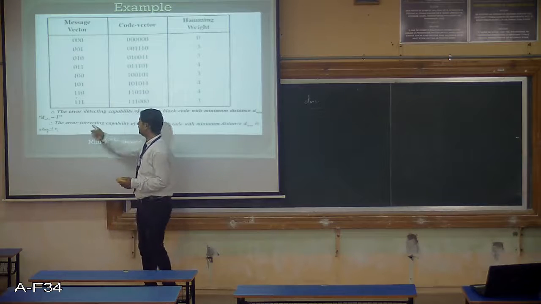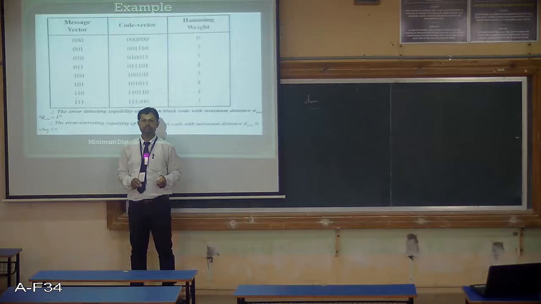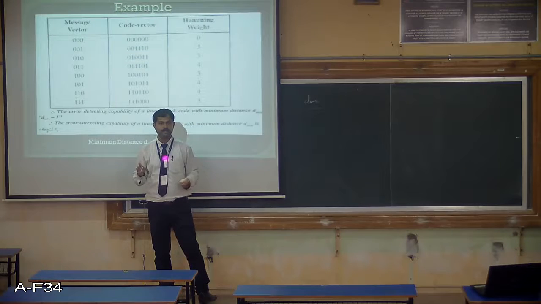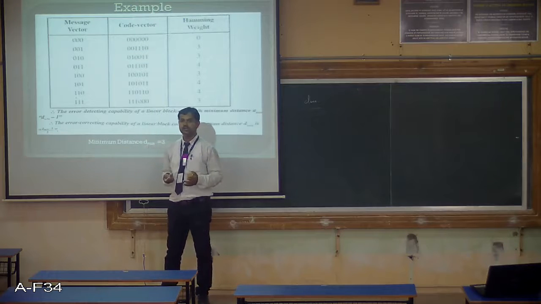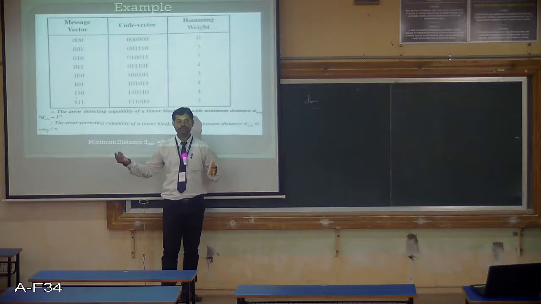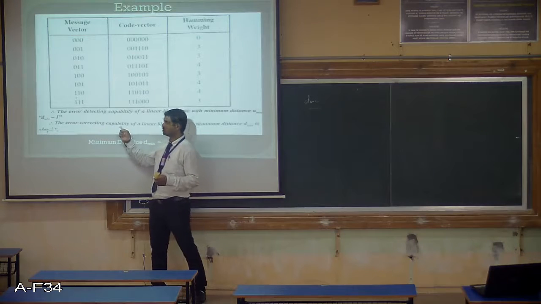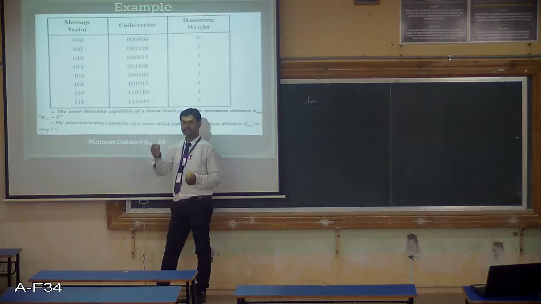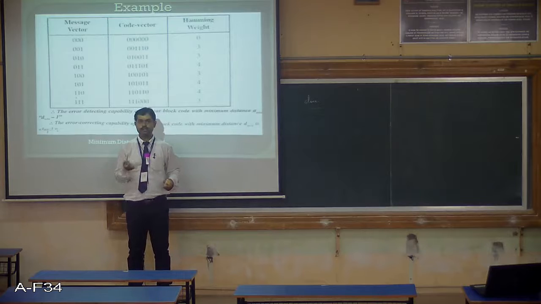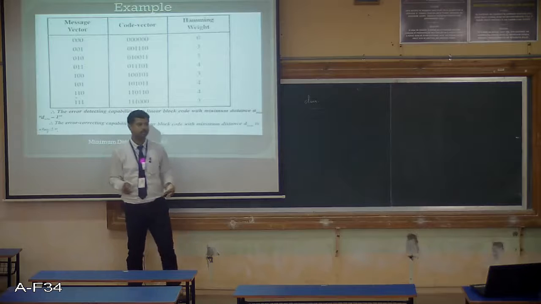The error correction capability is D minimum minus 1 by 2. Because you have different types of errors, you may have a random error or a burst error. We know the types of errors, right? If you take random errors, at how many points the error has occurred, whether my code is capable of correcting or not, how will you come to know? It is based on this. Error correction capability is actually D minimum minus 1 by 2. If you know the minimum Hamming distance, based on that I can tell whether this particular code is capable of correcting that error or not.